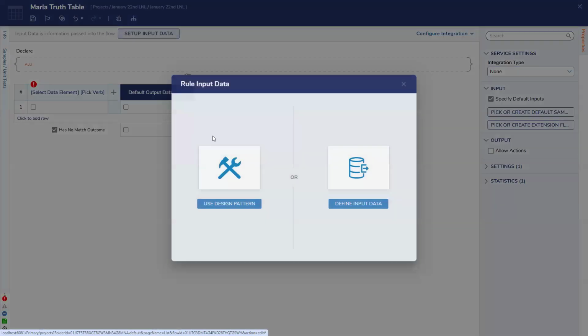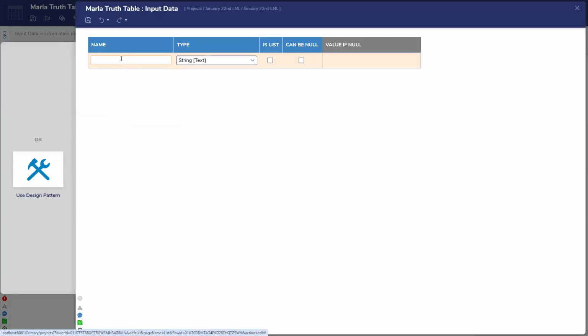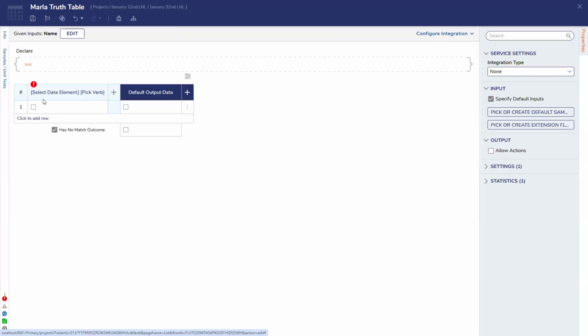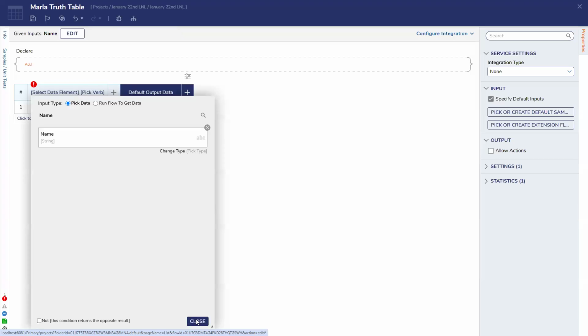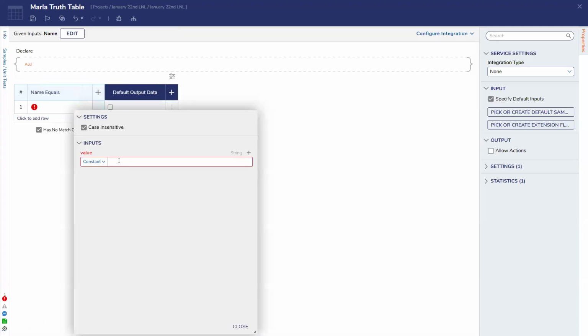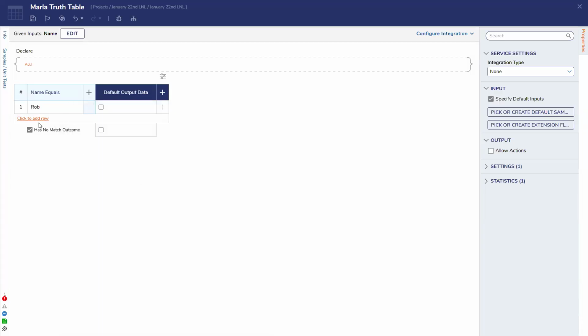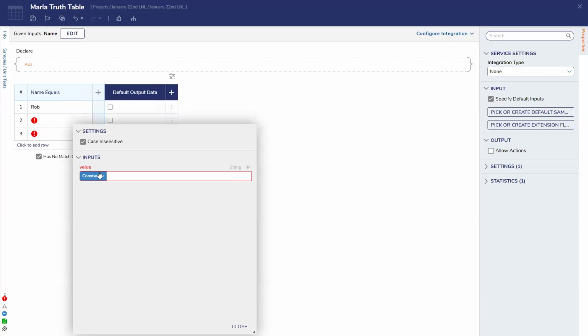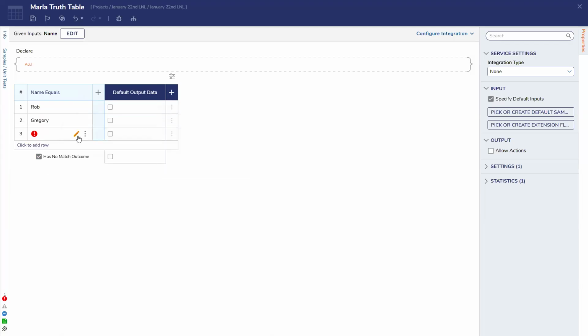Let's make the comparison real quick here. Okay, we'll set up input data. We'll just say name. That's easy. And then let's throw some of the trainers in here. Okay, close that. Add a row, add a row. Oh, it will not let me type. And then we'll add